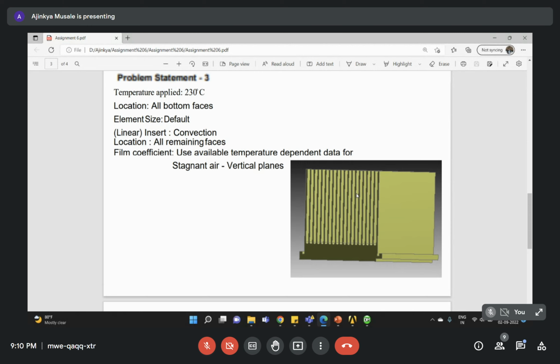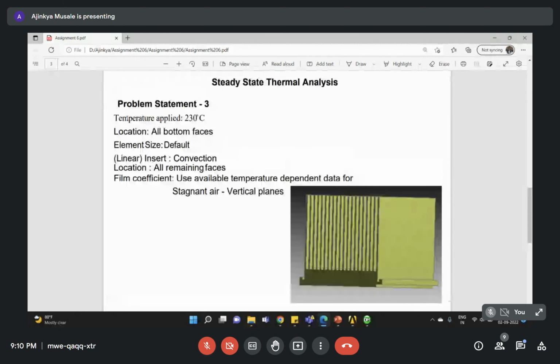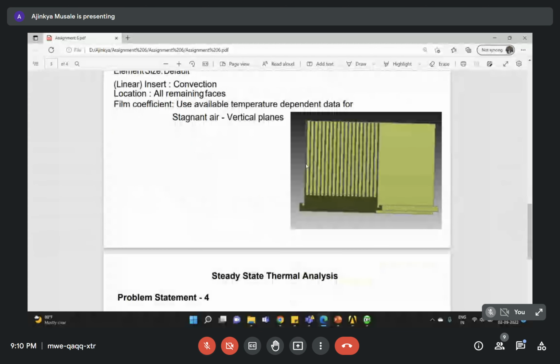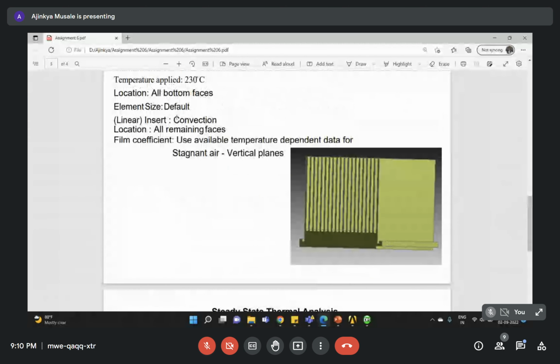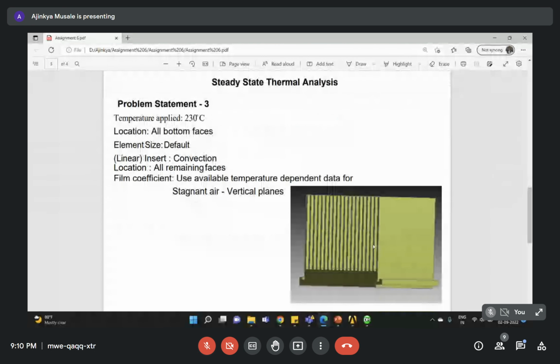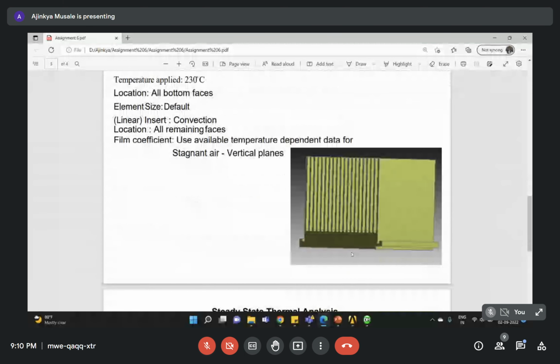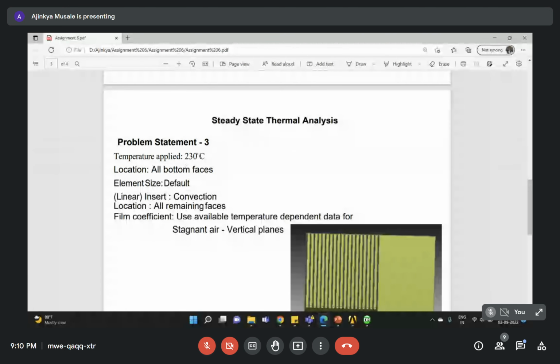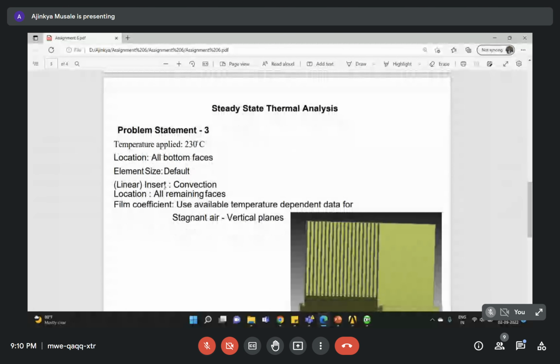Here I'm having temperature as 230 degrees Celsius on all the fins. My all bottom faces, basically one face only. Okay, so this is the source of temperature. Sorry for my earlier words. My temperature will be from my bottom part, and these fins are for my heat dissipation. So my bottom part is with temperature 230 degrees Celsius, and again I am having the default material, default element,